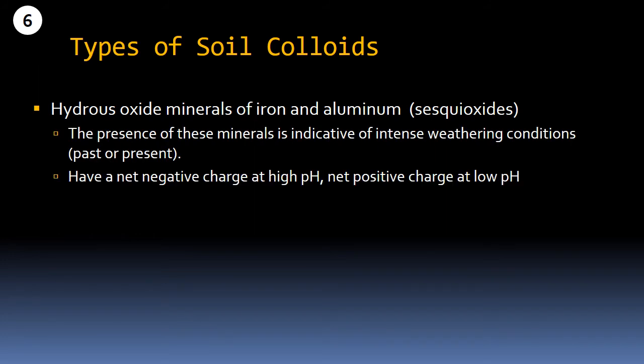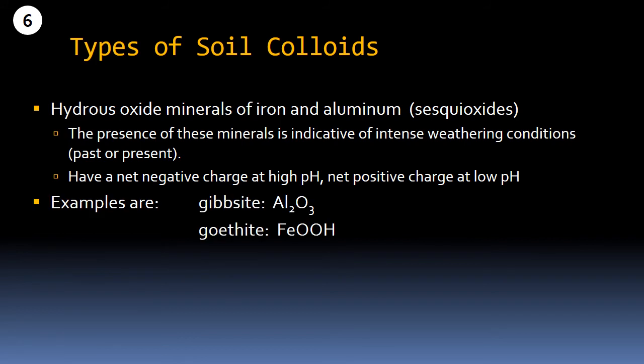Those kinds of colloids exist, and they are an indication of very advanced weathering. They have a net negative charge, and they also have a net positive charge, and they are highly dependent on the pH, as we said